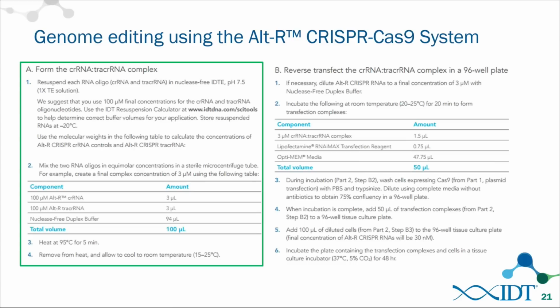Points 3 and 4 recommend using a 95-degree heat step in order to form the duplex between the crRNA and the tracrRNA. We actually just looked at some data this morning where this may not be necessary, so I just want to point out that the heat step may not be necessary. In addition, we call for using duplex buffer. It may also be true, and we've shown this in at least one experiment, that we can do the duplexing in TE buffer,